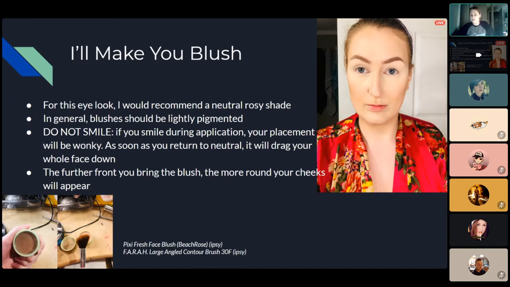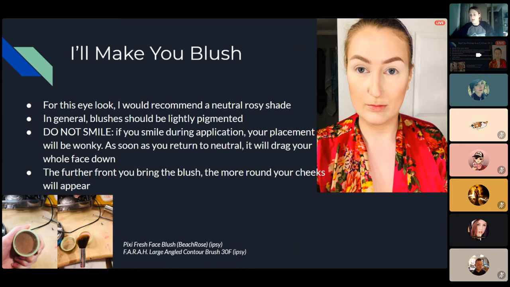Don't skip blush, trust me. You'll look much more alive if you just use it. The first step to applying blush correctly is to forget everything your mom ever told you about it. Just wipe it from your memory. First off, do not smile when placing the product. As soon as you go back to resting bitch face, your product will be too low and your face will